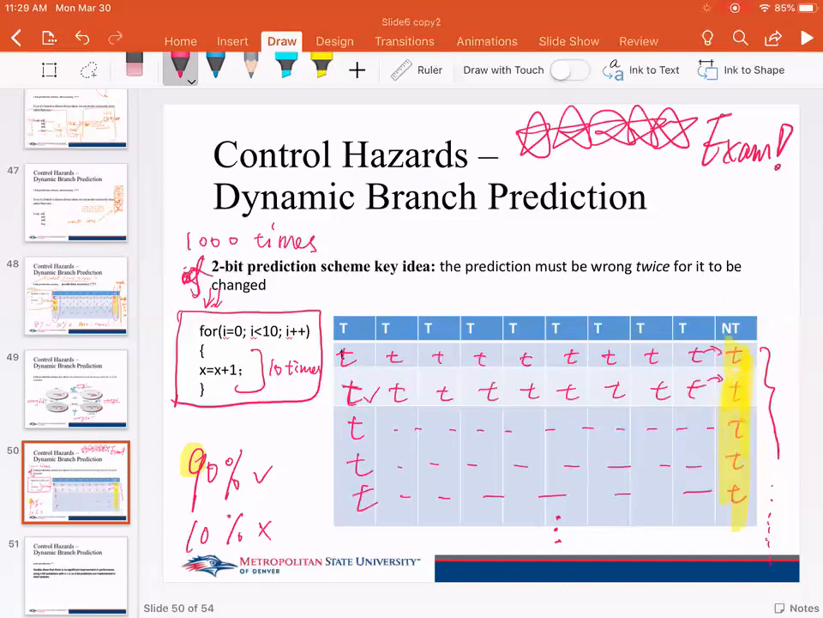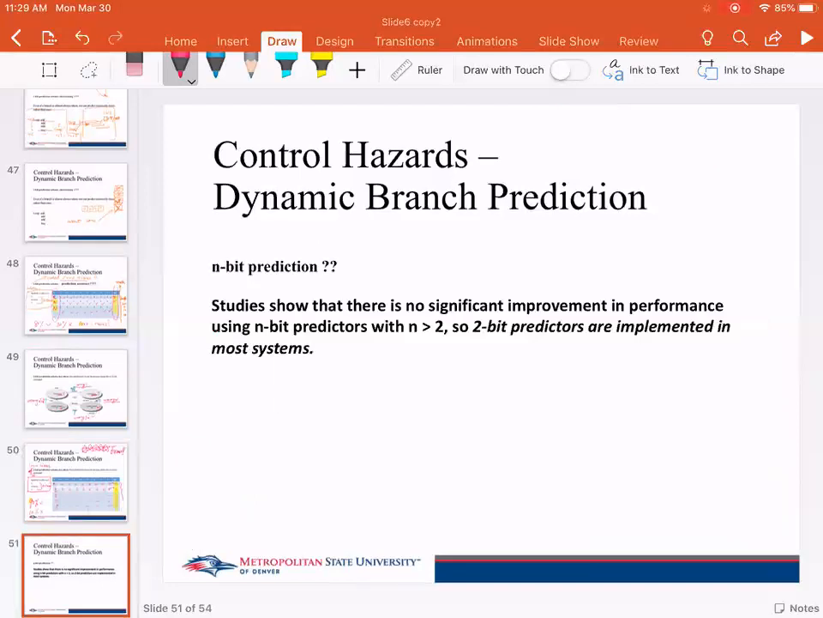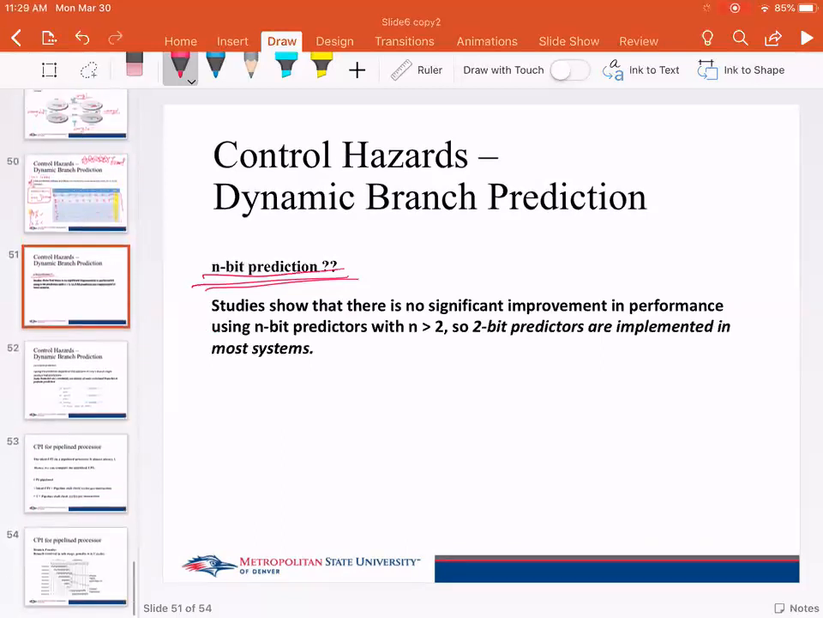I hope all of you understand this example. And then you might ask, how about if you make the prediction scheme even more complex? That's out of our scope. I can tell you there are studies that show there's no significant improvement if you do an n-bit prediction. So the 2-bit prediction is really commonly implemented in a lot of systems. All right,